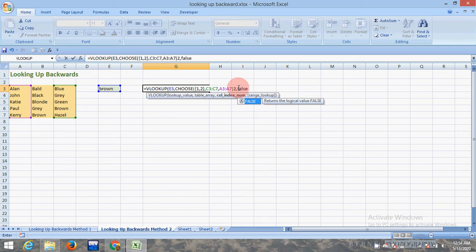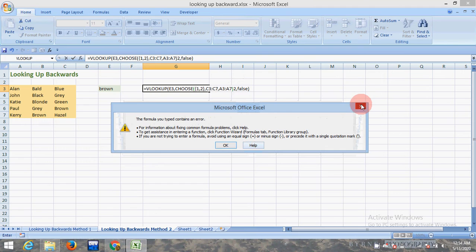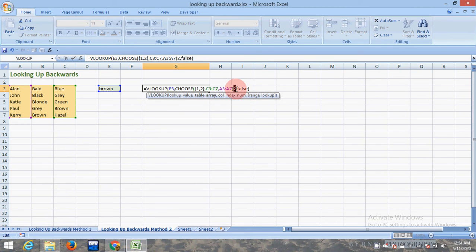So just hit enter and close. Something is going wrong here, let me see.